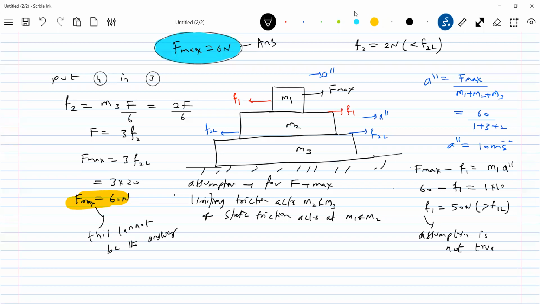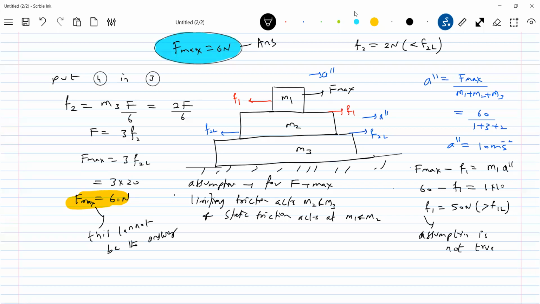So whenever they ask you the maximum force for more than two surfaces, this is the approach. Assume slipping at one surface and static friction at the other surface, then check it. If at the other surface where you assumed static friction, the friction is less than limiting, what you assumed is right. Just some logical analysis we are supposed to do here. Any doubt, you can clarify.